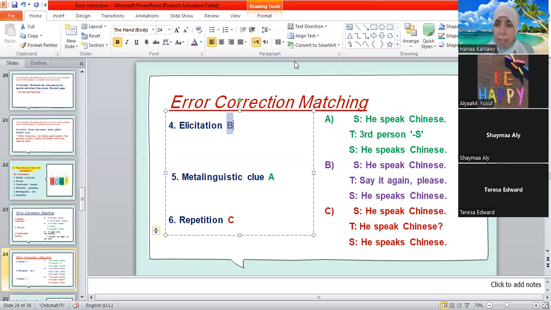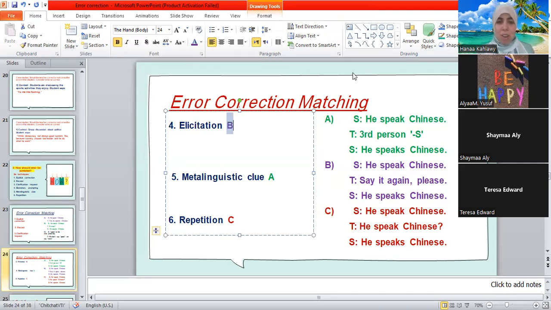But in repetition, the teacher repeats what has been said, but in a different intonation. So in repetition, I encourage students to self-correct, but in recast, I don't.